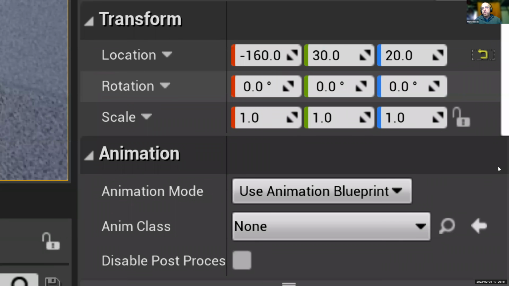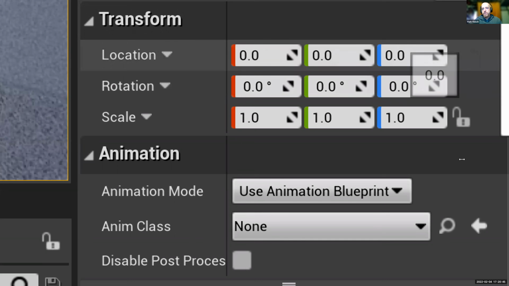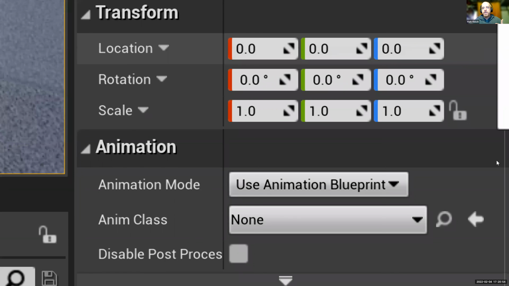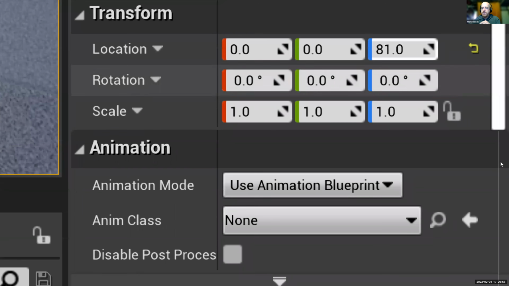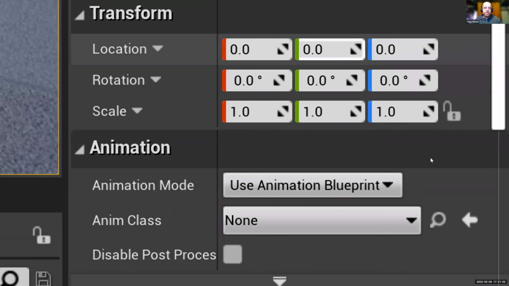If you want to set this to the default, you can just click on that button and it will reset it to whatever value its default is. So if you start messing around with something, you're like, oh man, I changed the color, I want to go back to the original color, just hit that little hook. If I just change this a little bit, you can see that it'll pop up a new reset to default. Click it again. Now the thing is back to world center.